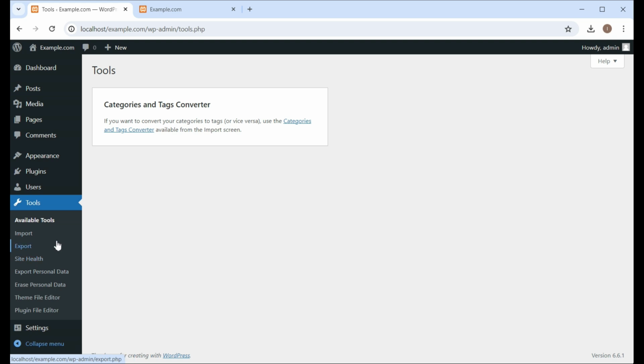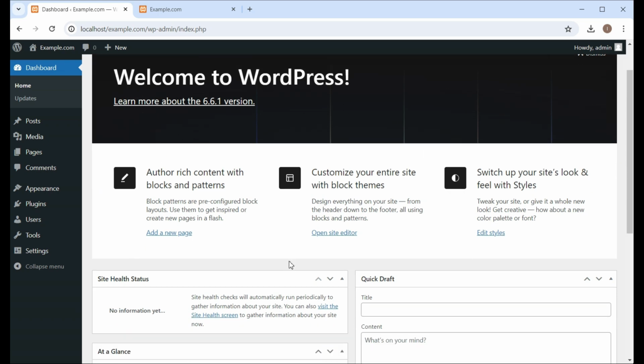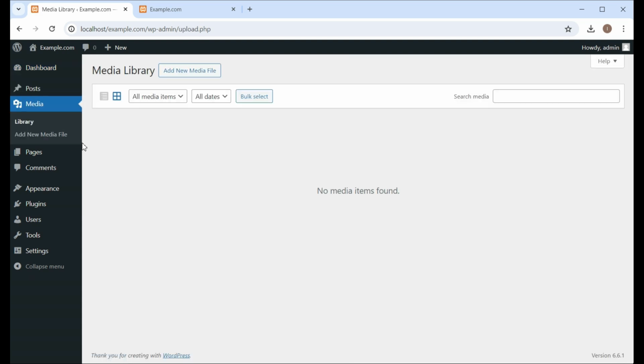And then finally on the right hand side, we have got this big box, which is generally the work area. Whenever you click on the menu, the work area for that appears on the right.